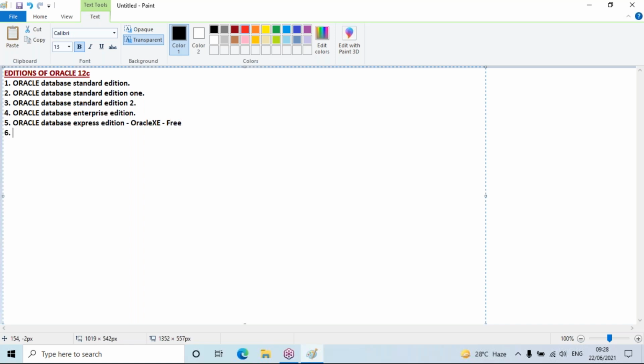I said free, but with restrictions. The latest you can also download free, but I don't find much usage of it, because many commands and many topics that we discuss are not available for implementation in Express Edition. That is the reason I opted for Enterprise Edition, and as of now, I have 12c Enterprise Edition.